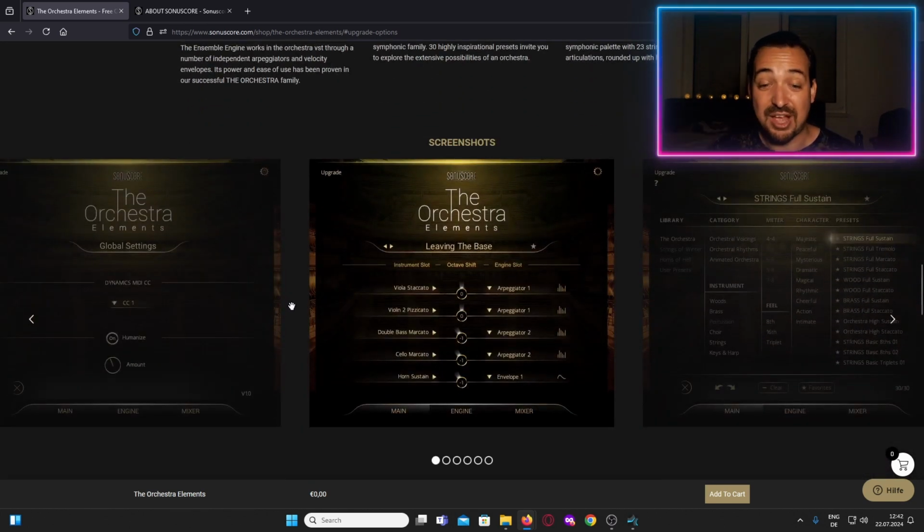So we're going to look at those interfaces, we're going to look at the features, and I'm going to tell you my opinion about the sound in particular, which I think is one of the most important things, and also the limitations. And I do want to show you how I set up the Orchestra Elements in my DAW to get, I believe, the most control out of it, in the sense that I end up having a real setup where I get full control of each of the instruments and all of the articulations, which is what I like best for my type of working, where I like to score in the DAW and not in the engine. But I guess you can get the best of two worlds. So now let's have a look in the DAW.